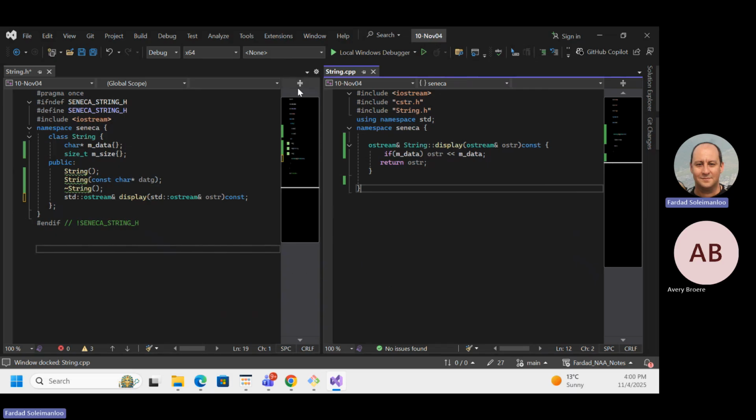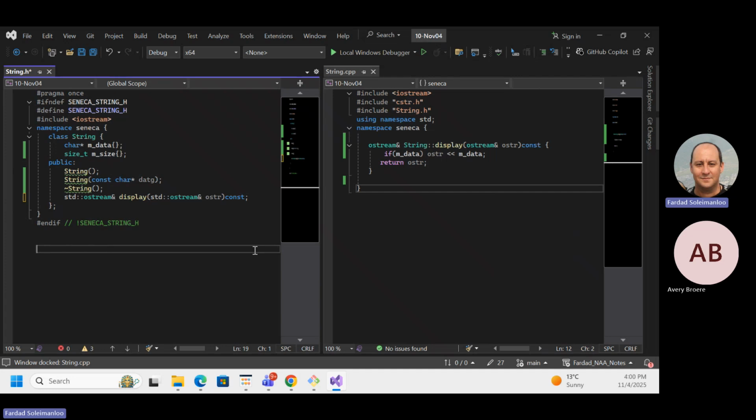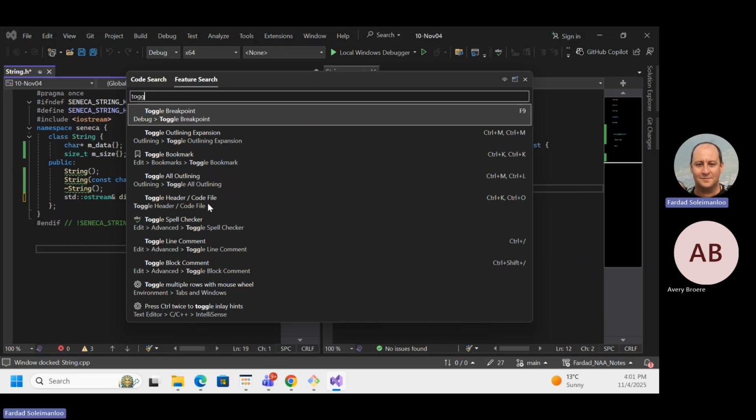Just anybody knows quickly how to close these things? No. No. You pay attention, please. Control Shift P. Control Shift P. No. Search for, you can search for the code and type. Control Shift P, then you're gonna type minimum.